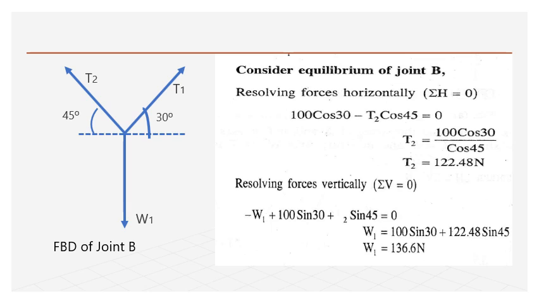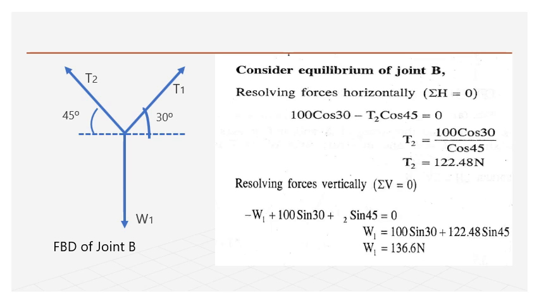We get T2 as 122.48 Newton. Resolving the forces vertically, W1 is acting downwards, so minus W1 plus the vertical component of T1, that is 100 sine 30, plus the vertical component of T2, that is T2 sine 45, equal to 0. So W1 is